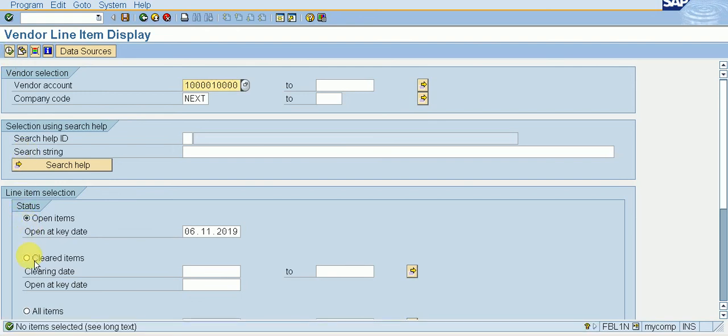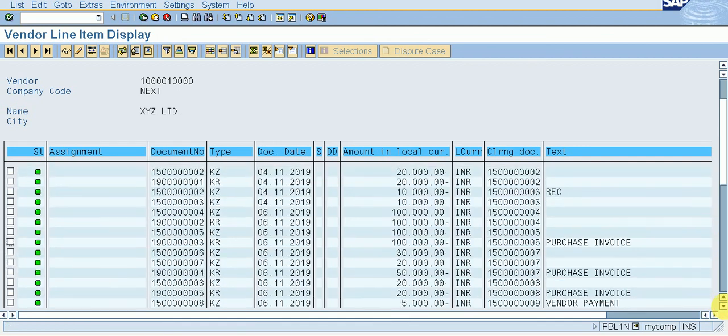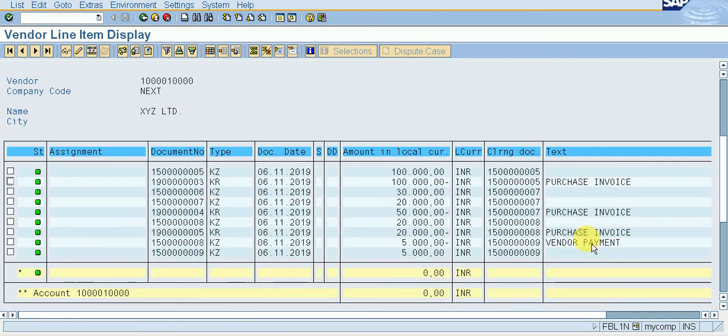We don't have an open item, so we go to cleared item, execute it. We can see here our residual payment. This one for a round off, and